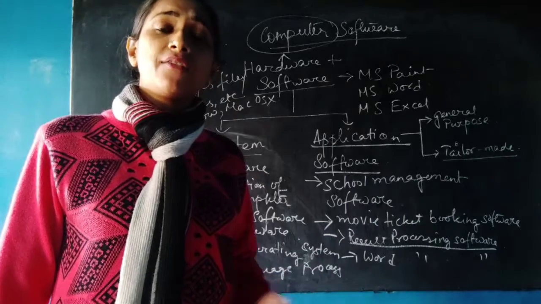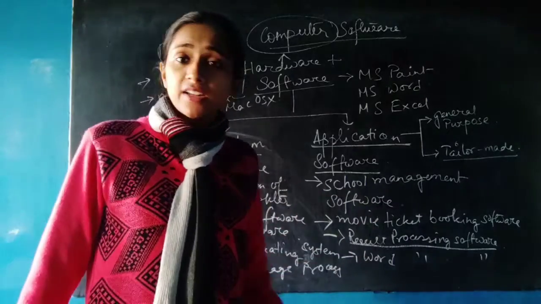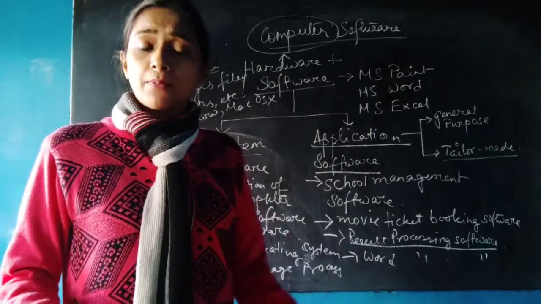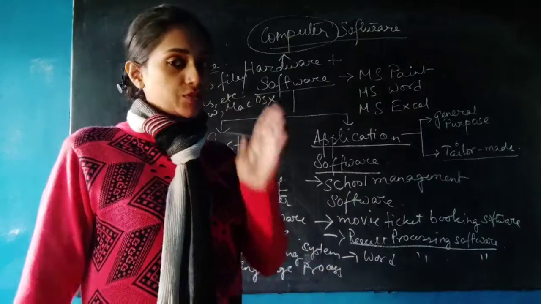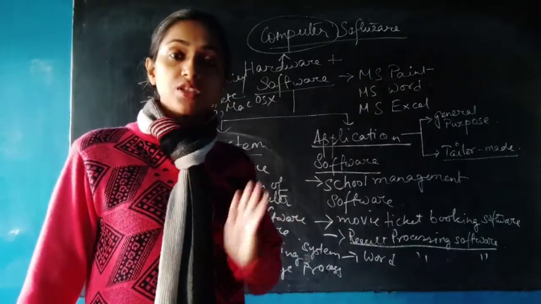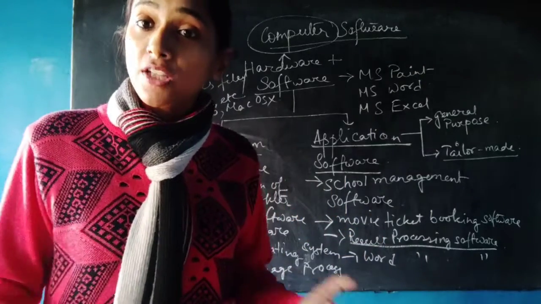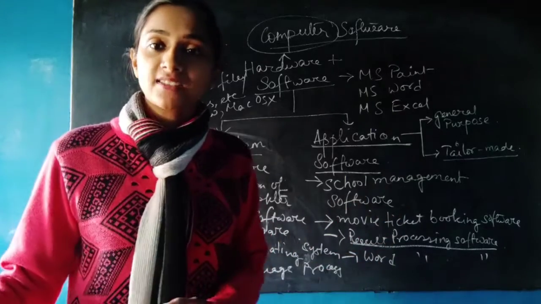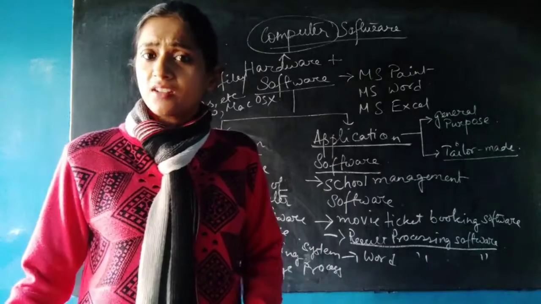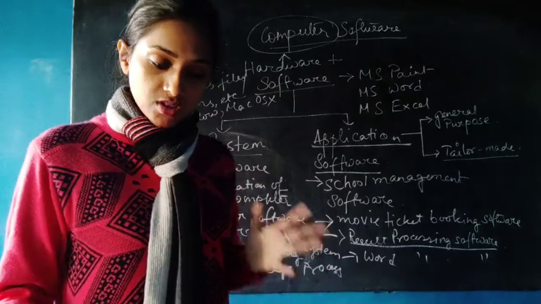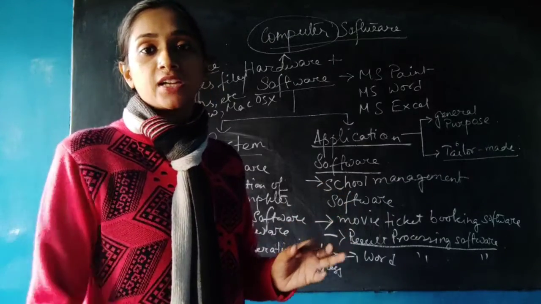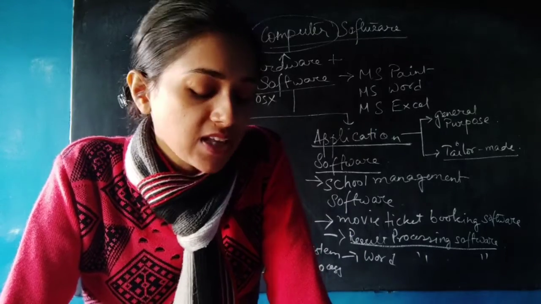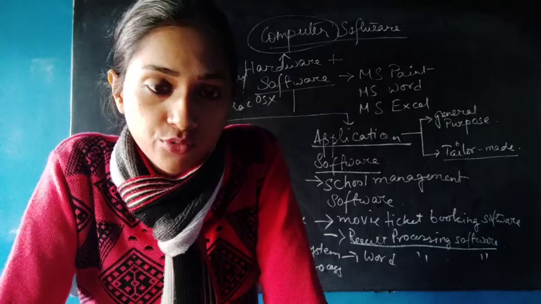Each and every school has a different system. Each one has a different grading method, a different percentage calculation method, some extra subjects. Some have only half yearly and annual exams, some have 3 exams in a year, some have 4. So result processing software is tailor-made, because each school will make a different type according to its need. This is software made specially for you, and the main drawbacks are that it is very high cost and takes a long time to develop.